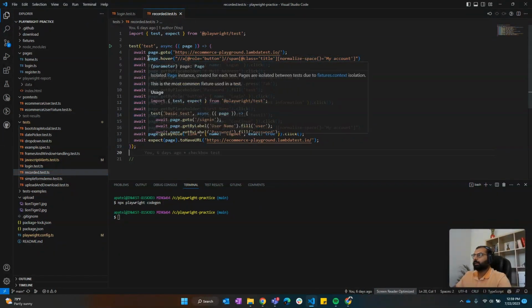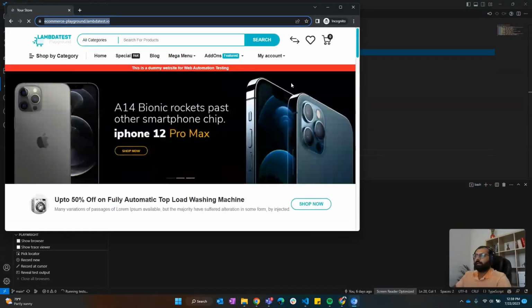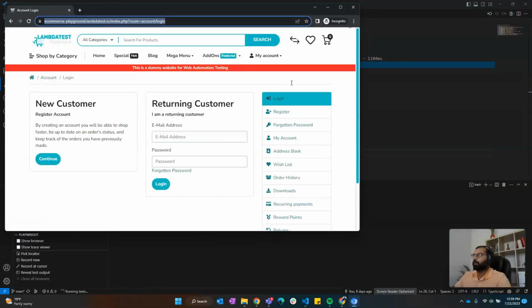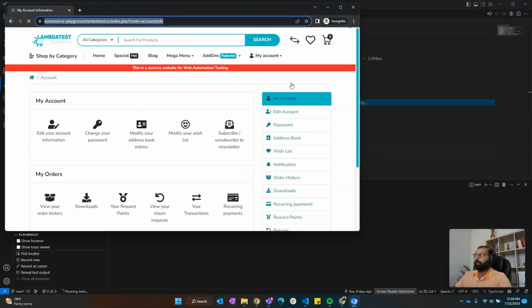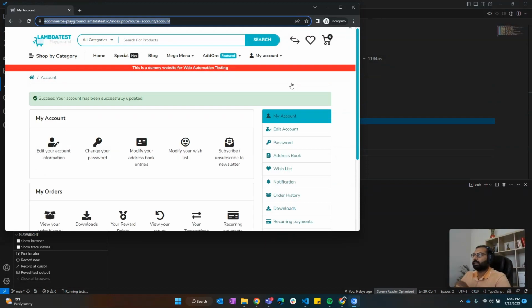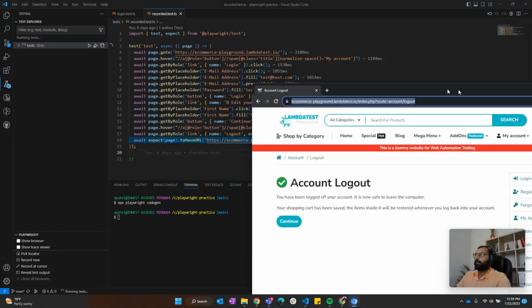So this was the totally recorded test. Let me run it, and you'll see in action that there's no difference. It performs all the particular actions. Sometimes it may not record hover actions or other actions, but that's totally fine. You can manually add those actions in your recorded test. Perfect. It's performing all these steps in the background, running everything,